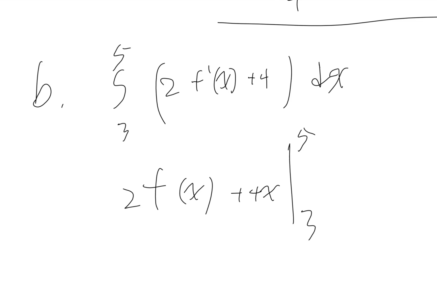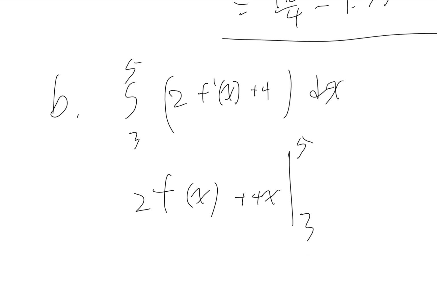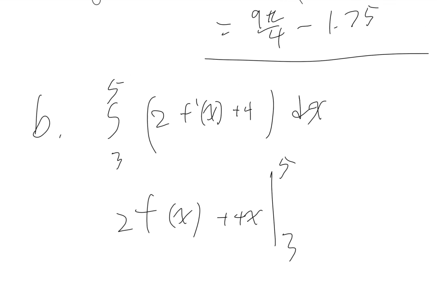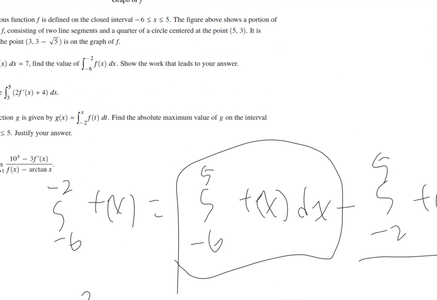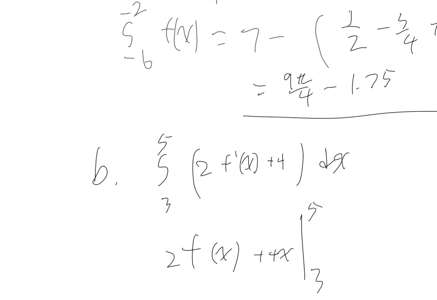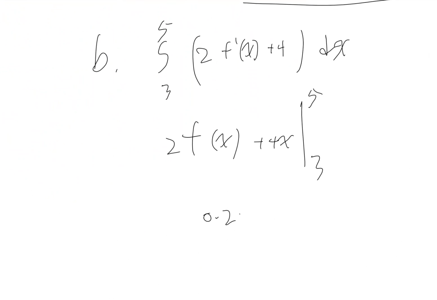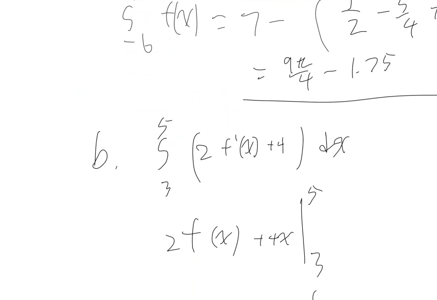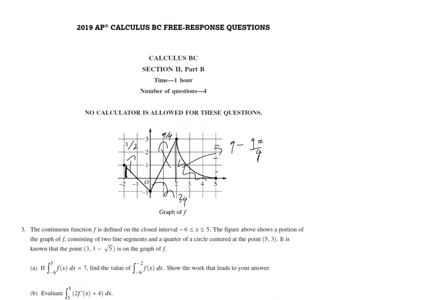And all we have to do now is plug it in. So we can look at the graph and plug in the values. So f of 5 here is 0. So it is 0 times 2 plus 5 times 4, which is 20, minus then f of 3, 1, 2, 3,